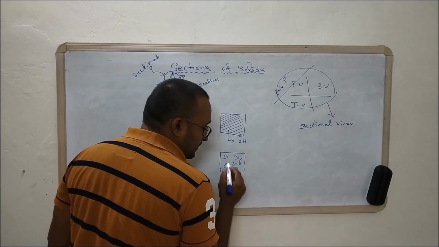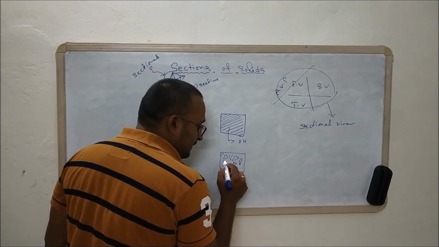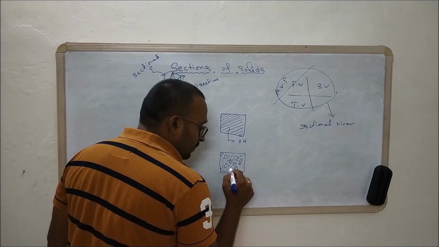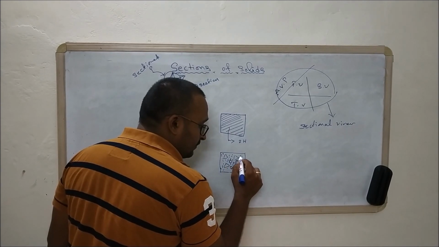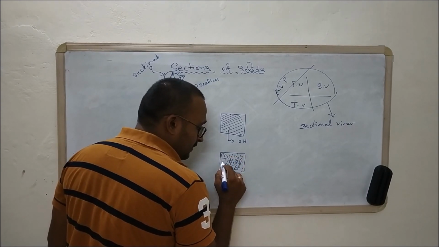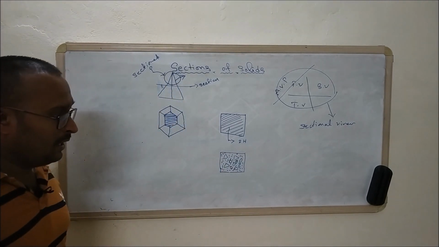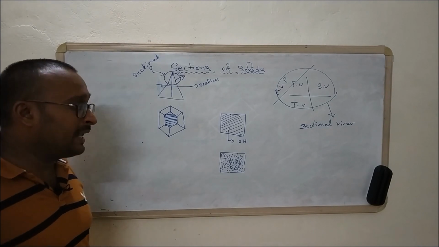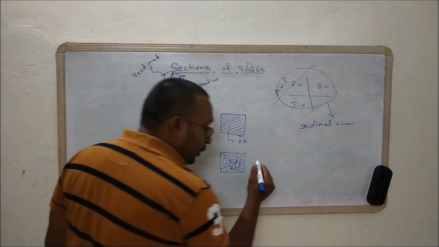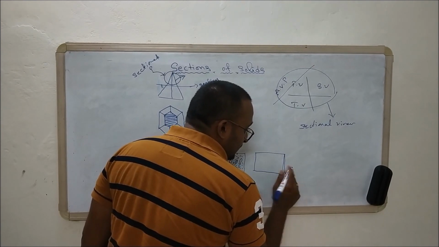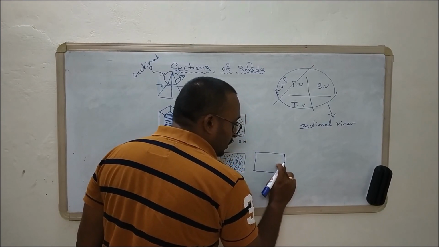These are stones, cement, a mixture of something, and steel rods, right? So this is the sectional view of a concrete beam. If it is wood, say, for example, if you want to see the structure of that particular wood,